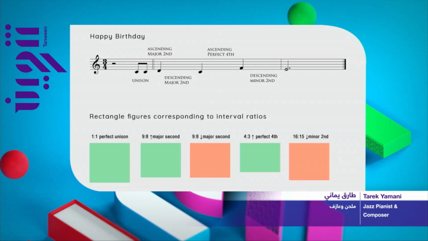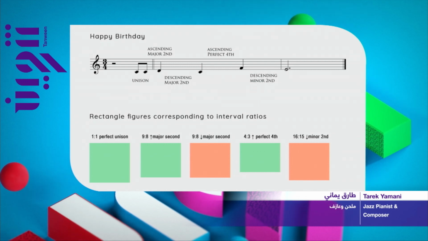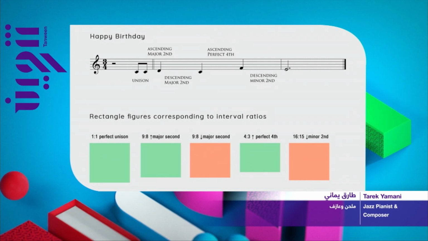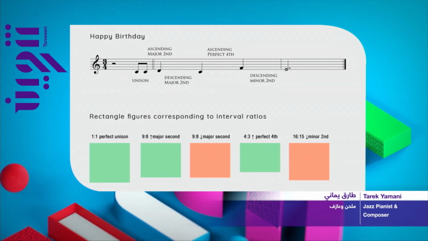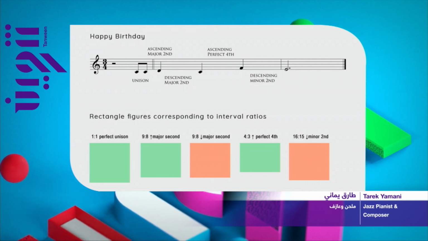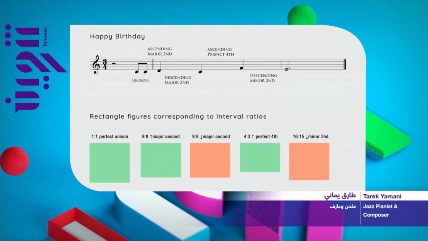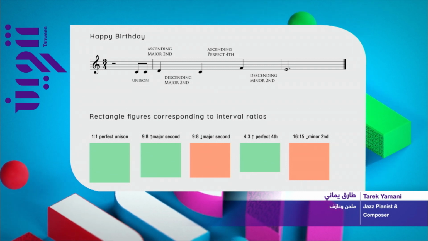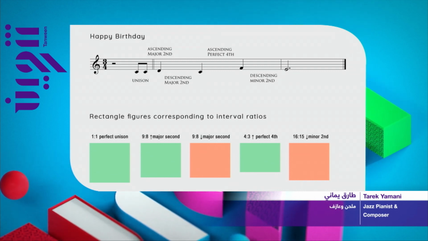So for example, I'm going to put this a little bit into action, and that's for fun. For example, this is Happy Birthday. In Happy Birthday, the intervals are a unison, and then a second, and then a second, and then a fourth, and then a third. So, okay, this unison, that's a second, that's another second but down, that's a fourth, and that's a minor second, okay?